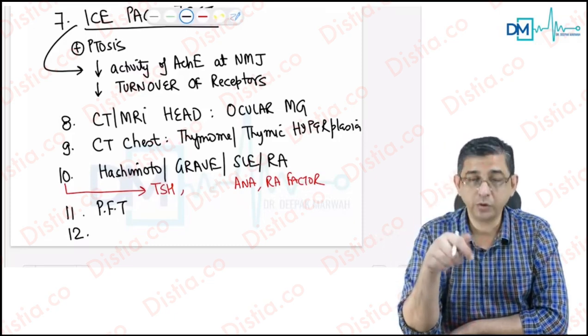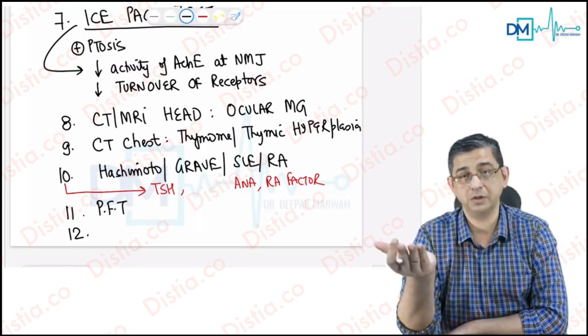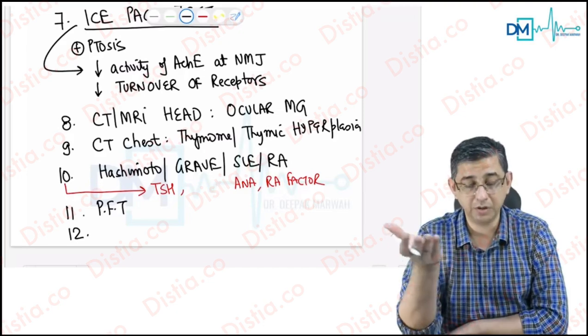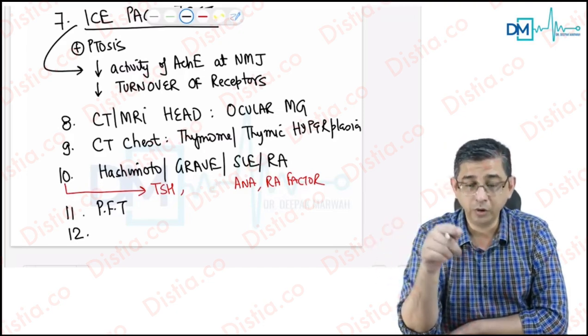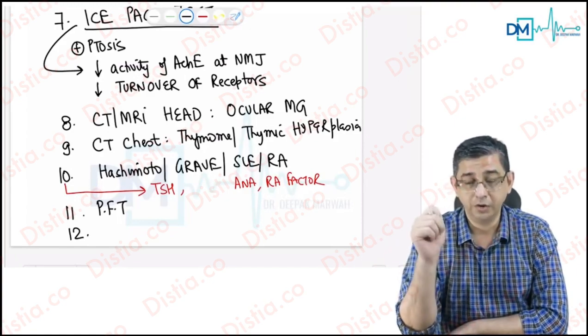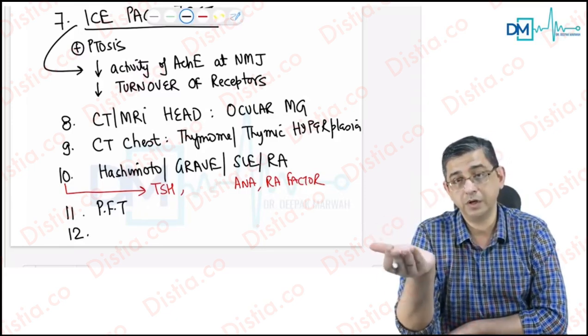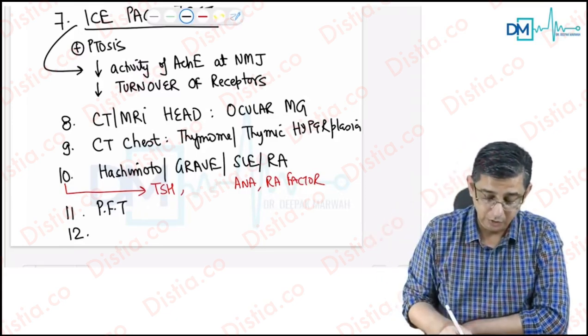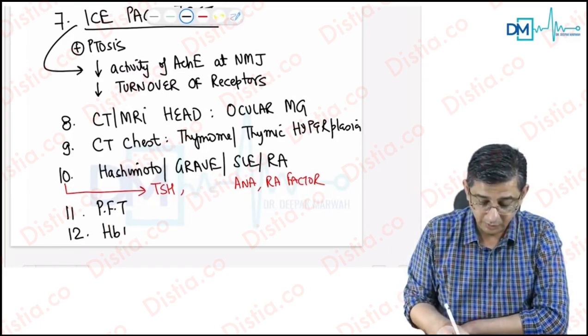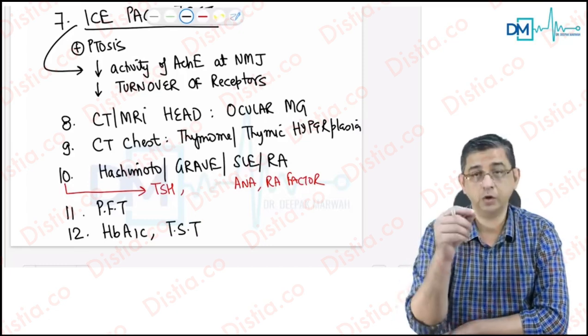Then, because you give steroids for immunosuppression in all, or in most, patients of myasthenia gravis, immunosuppressive drugs like prednisolone and azathioprine have to be given. If tuberculosis or diabetes is coexistently present in the patient, then they will worsen. Steroids will worsen tuberculosis, and steroids will worsen diabetes mellitus by increasing the blood sugar values. So the textbook says that glycosylated hemoglobin values and a baseline test for TB, like at least a tuberculin skin test,